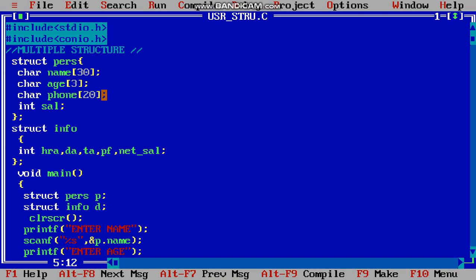So what do we have to do? Structure personal. Personal reporting means we have to enter personal values here. The first structure name is personal. Simply, I am giving whatever name you want; you can give John, your name, whatever. According to this program, I want the employee report. That's why I am giving this the name personal, and we have to enter these values.